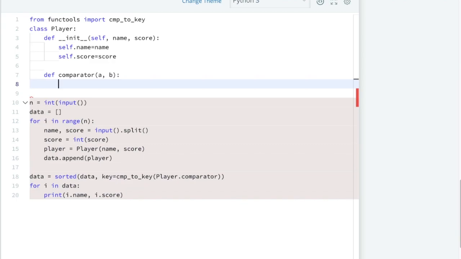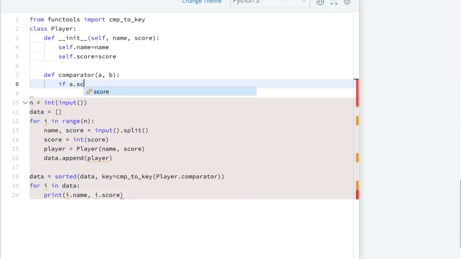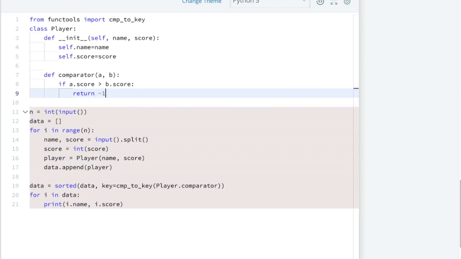So we have to first check if a.score is greater than b.score. If it is greater, then we have to return -1. We have to sort in descending order on the basis of score.